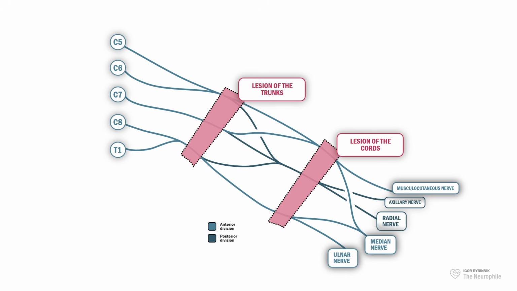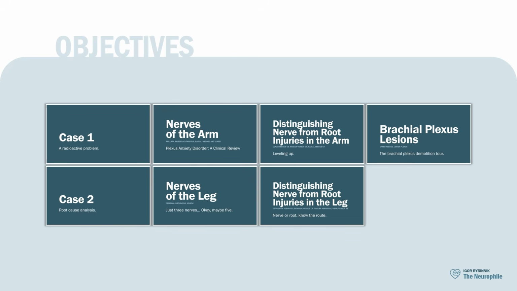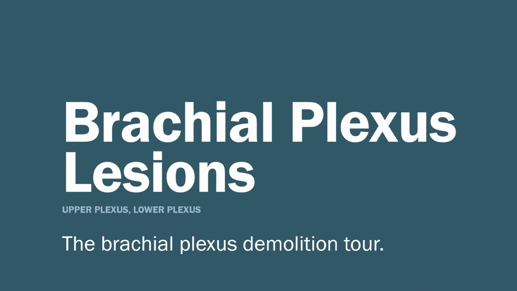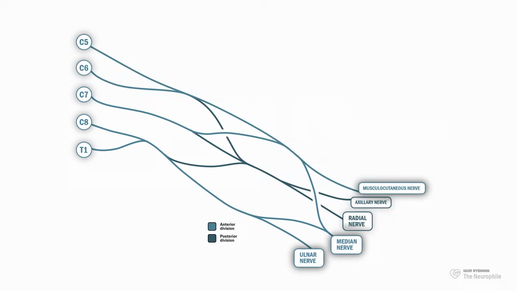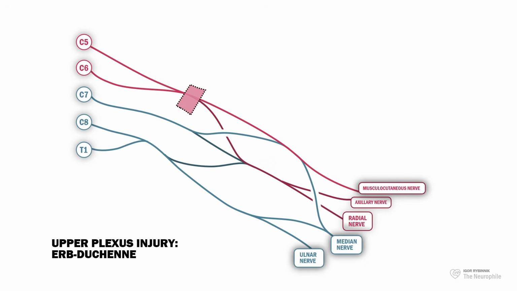And speaking of plexus lesions, we have to talk about those for a minute. Let's start with upper plexus injury. Upper plexus paralysis is also known as Erb-Duchenne palsy. This type of injury typically happens when there's a sudden, forceful separation between the head and shoulders. Think birth injuries or violent impacts during contact sports, like a tough tackle in American football causing the shoulder to